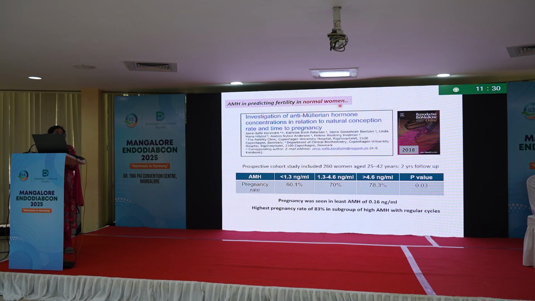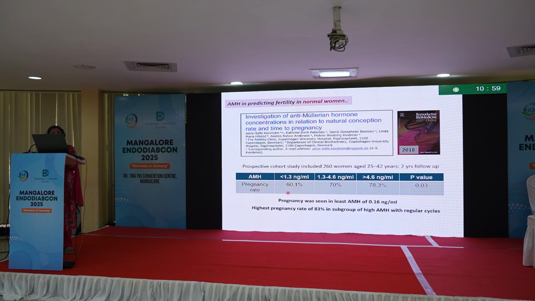Now let's talk about how we predict fertility in normal women. These are the kind of questions our medical students and IT professionals ask while they are planning their life. So this is a representative prospective study of around 260 women, 25 to 42 years of age, only a 2-year study. So they looked at the rate of natural pregnancy without any fertility assistance. If AMH is less than 1.3,